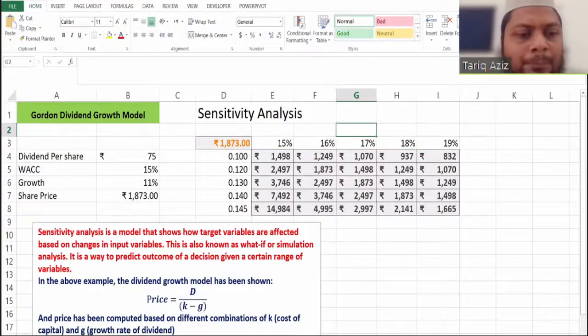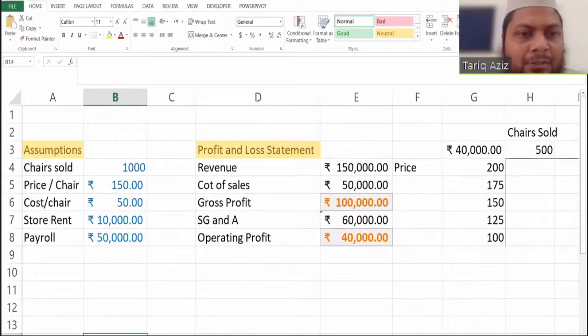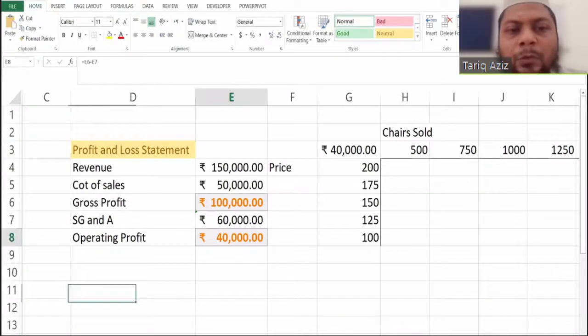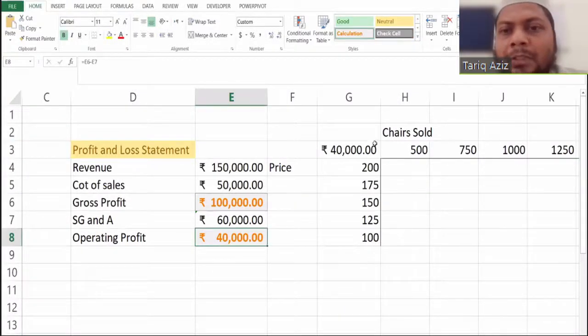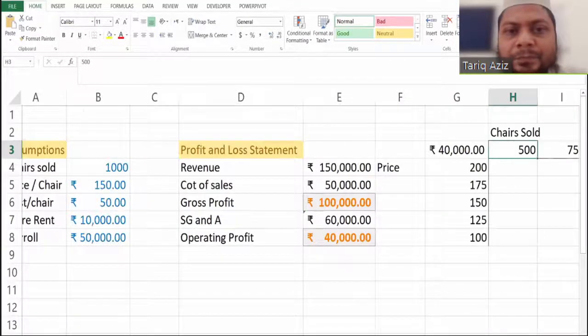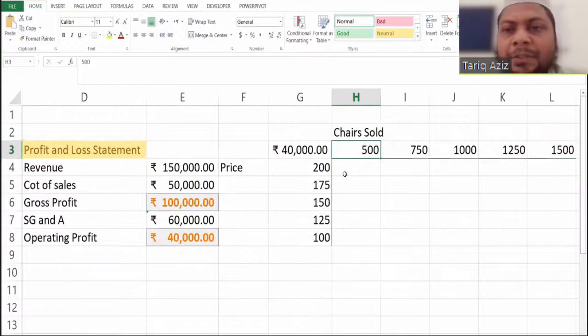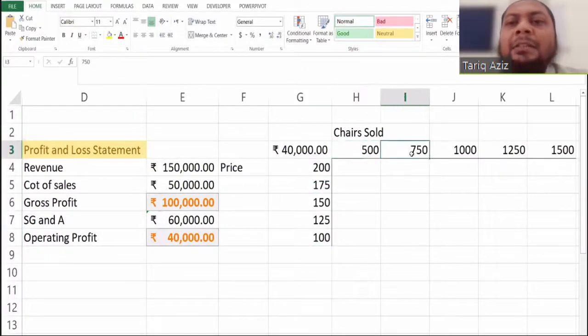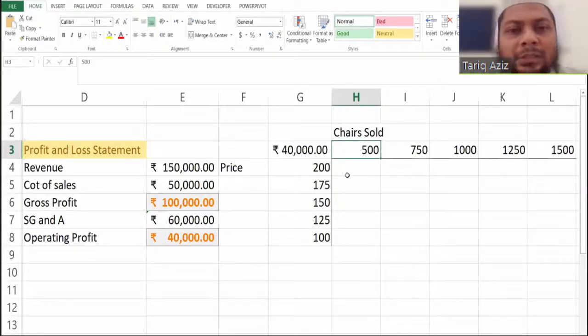One more example is there in the second sheet. So try to do this yourself. This is an example of cost and revenue, and profit has been calculated. Depending on the number of shares sold and the price per share, if we are varying the price per share and the number of shares we are able to sell, what will be the different possible profits? So try to do this yourself.